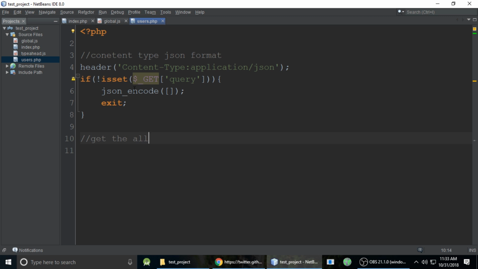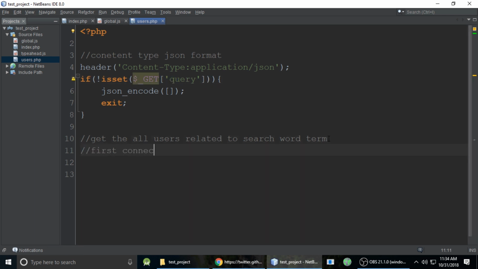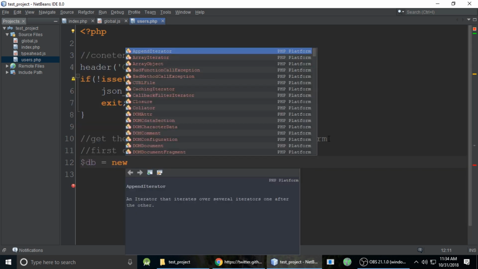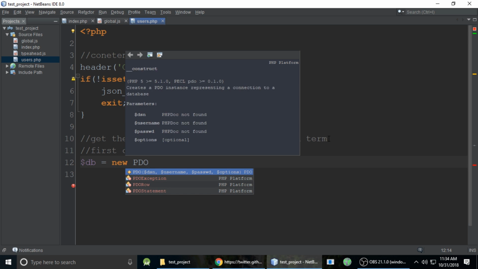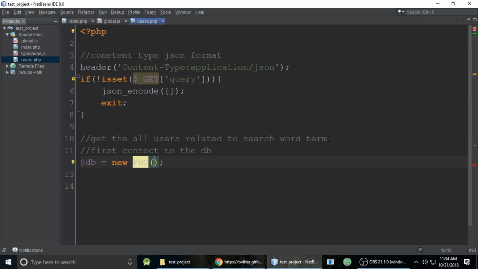And if it is okay, it means you are typing something inside the input type text, we will get some results from the database. So first we need to connect to our database. I am using a PDO connection. This is also an object oriented thing in MySQLi. So new PDO,